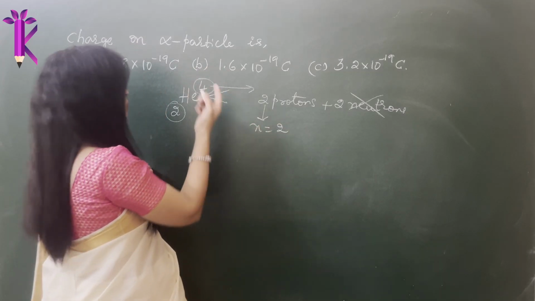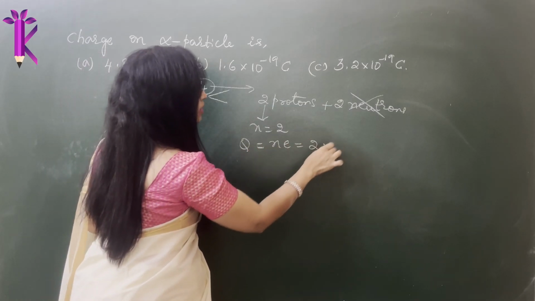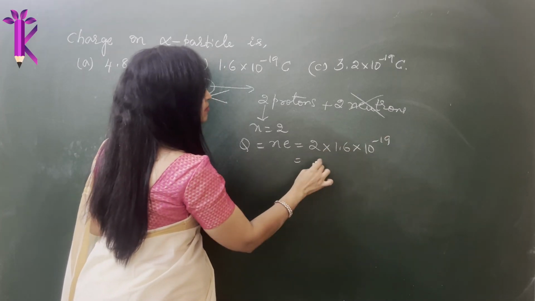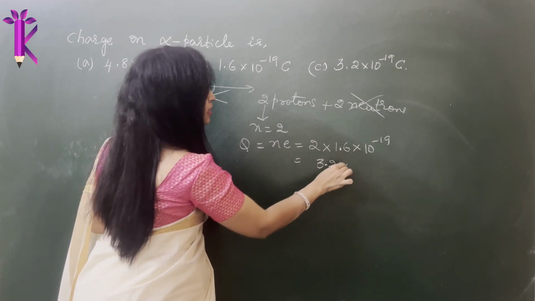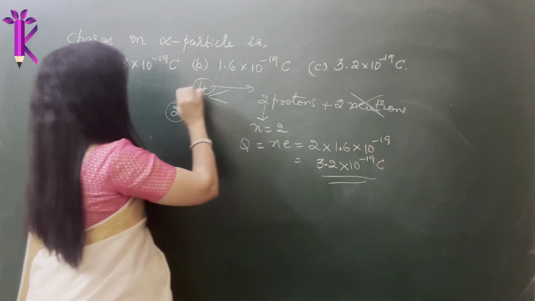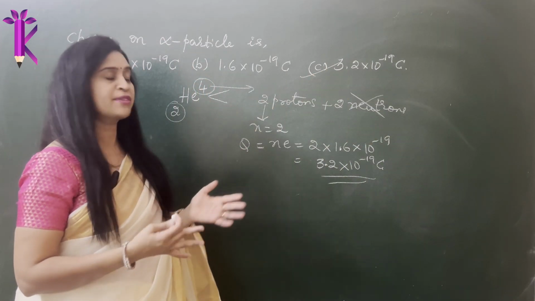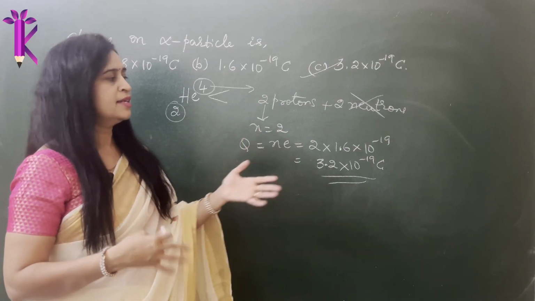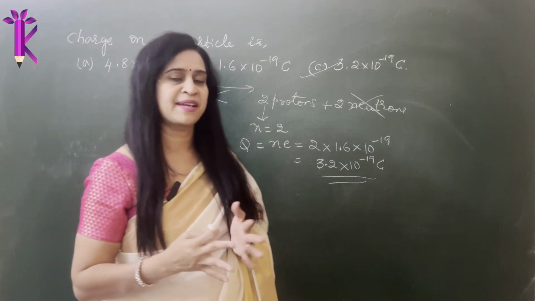And we have to calculate the charge. Q is equal to N times E. So N is 2, E we already know, which is 1.6 into 10 to the power of minus 19. So 16 times 2 is 32, but you have a decimal after one digit from the left. So 3.2 into 10 to the power of minus 19 coulomb is the charge. So yes, this is the answer. As simple as that. We did not even require 5 seconds. If you know it has 2 protons, you can directly multiply 16 times 2 is 32 and just tick it off. You could do it in a couple of seconds and save a lot of time.